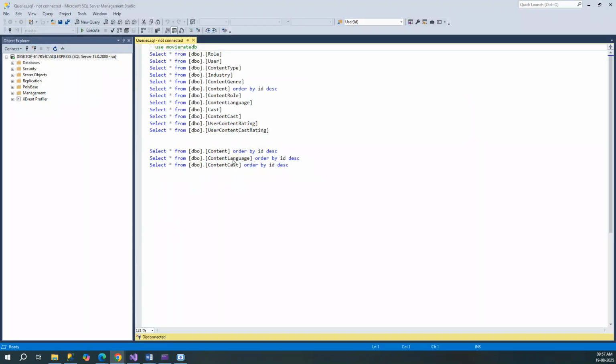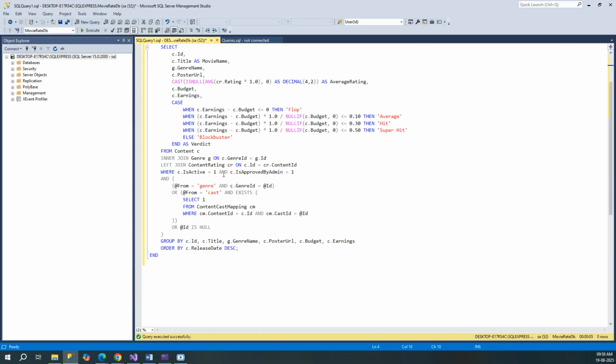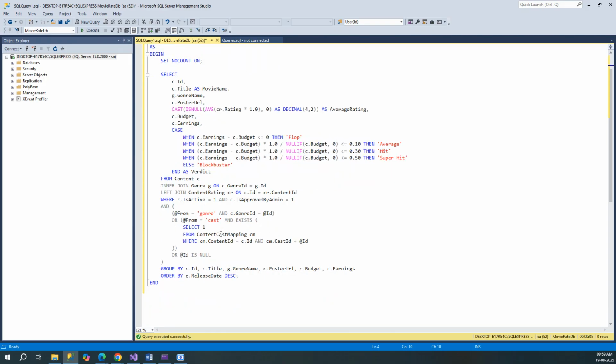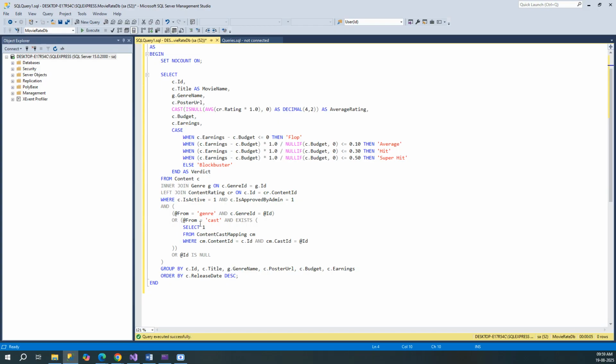Let me go to SSMS. Let me press Control N, and we'll create this stored procedure. So let's create this SP. What do we have? It has created id and from. Okay, so it has return. Ideally, from over here is not required. Actually, it should have given us the two criteria. Select cast mapping as from genre and